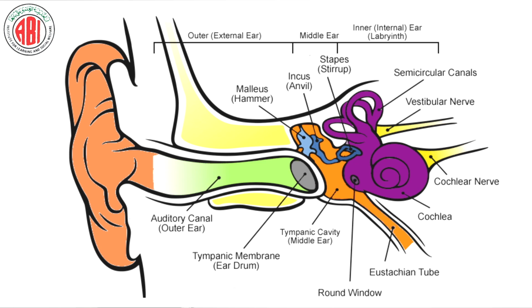These semicircular canals contain a fluid called perilymph or endolymph, and they are connected to a region called the corti, and the corti has a nerve. The cochlea also has a nerve. Both these nerves, the cochlear nerve and the corti nerve, form the auditory nerve. This auditory nerve helps to send the information to the brain.